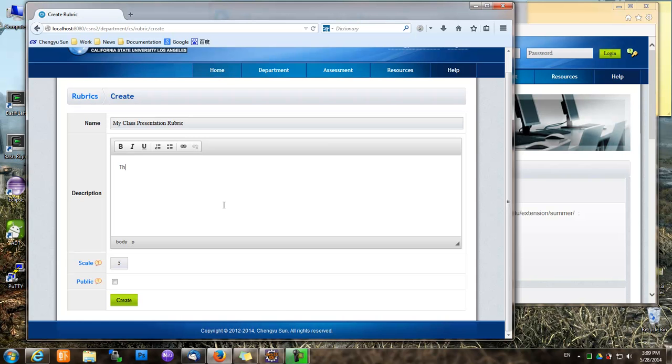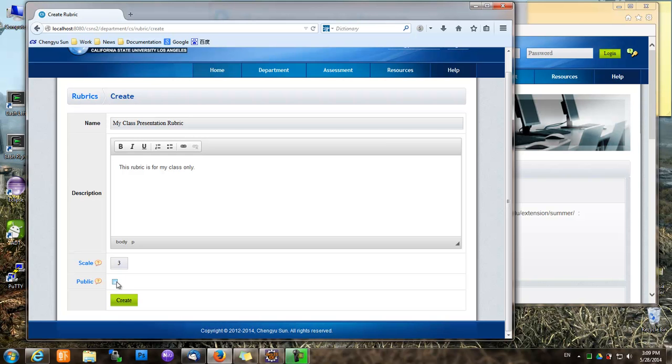I'll say this rubric is for my class only, and the scale, I'm going to use a scale from 1 to 3, and I can specify this rubric to be either